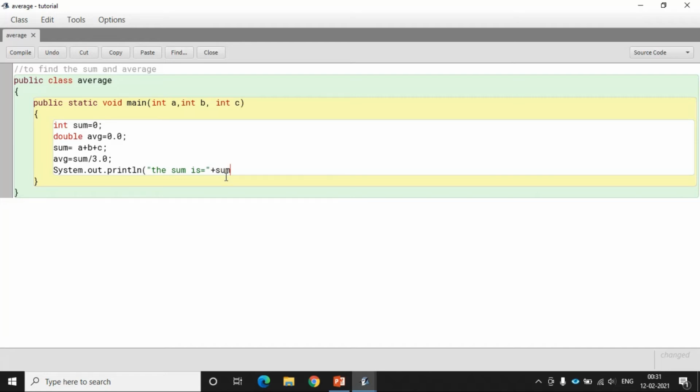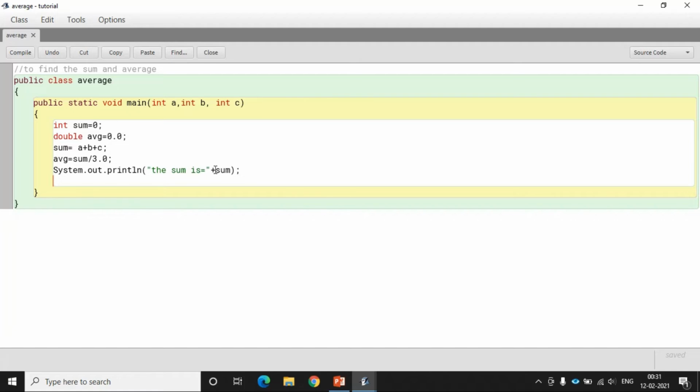If you want to combine, we have to use this plus symbol. Now we have to display average, so we will write again System.out.println("the average is" + avg).